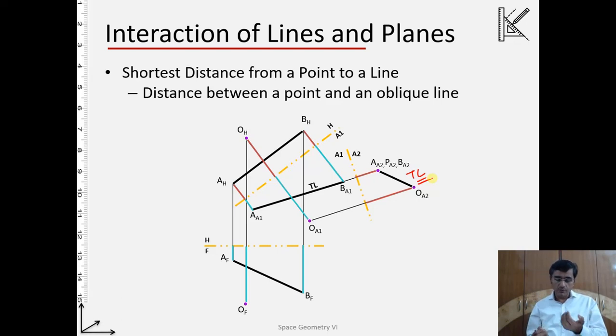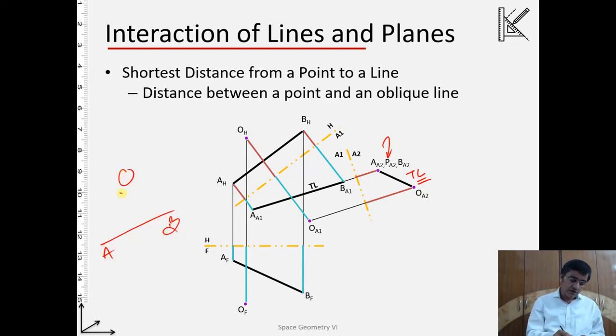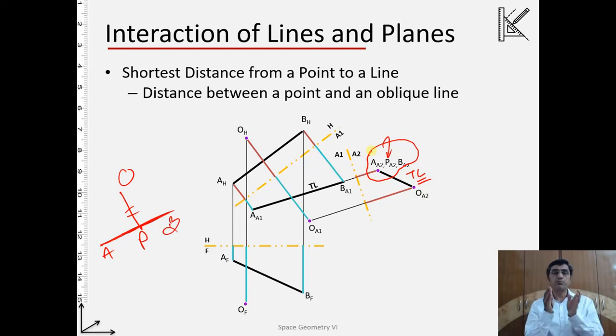Alright, what we will do now, we will take it back. For example, I have written here PA2. That means from O, if line AB is this and the point O is here, the perpendicular or the shortest distance is this now. So the foot of the perpendicular on line AB is P, because A, P, B all are collinear. This is why they all are appearing at the same point, okay, in the same point view.